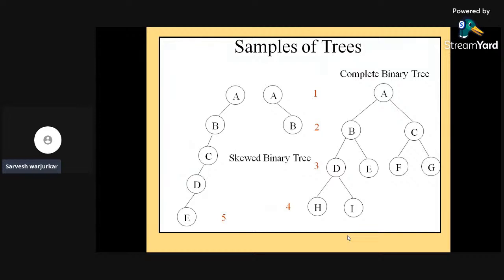That's it. In that case, the complete binary tree is on the right hand side, where every node except the leaf node is having